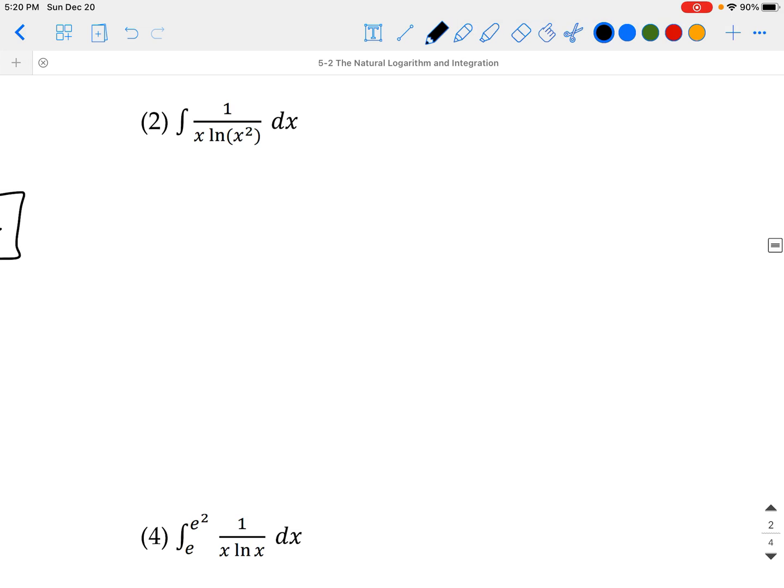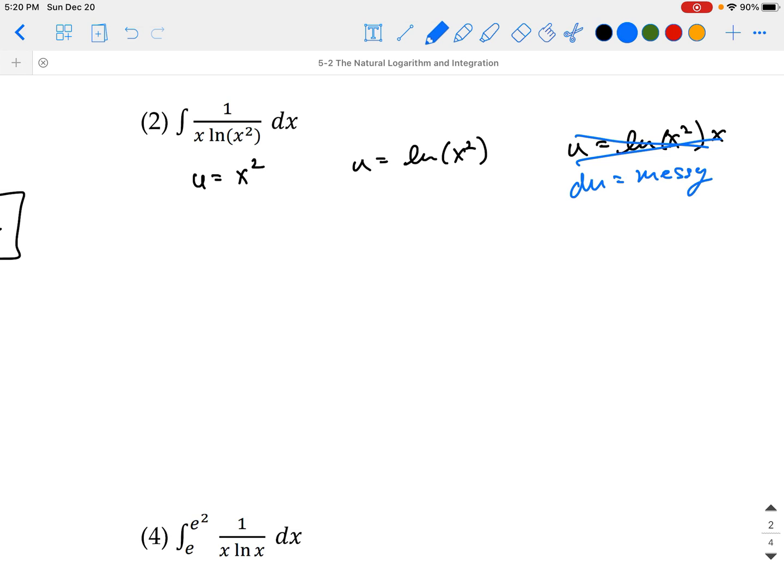So we've got 1 over x times the natural log of x squared dx. So now we've got some choices, right? We could let u equal x squared, or we could let u equal the natural log of x squared, or we could let u equal the natural log of x squared all times x, the whole thing in the denominator. So if we're looking at this, clearly it's not going to be the first or the last option here, because the derivative here is going to be really messy, and we would only be looking for dx, which we're definitely not going to get. For the first example, we could do du, we get 2x dx, so half du